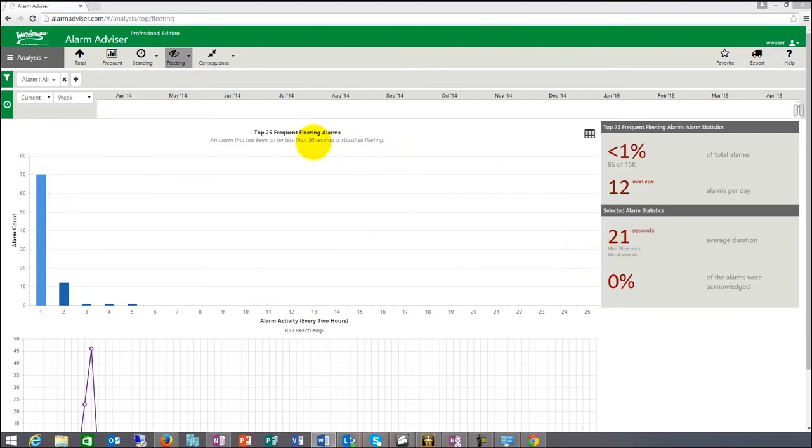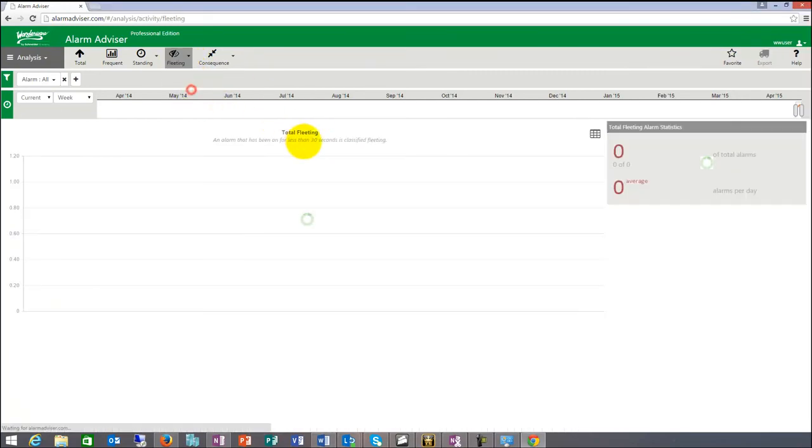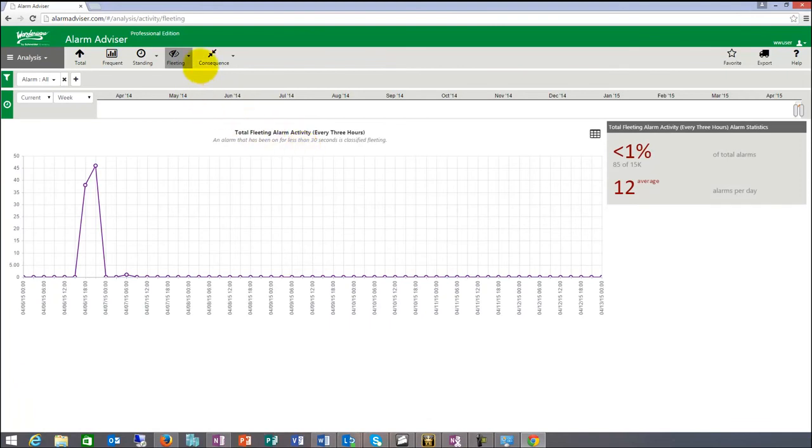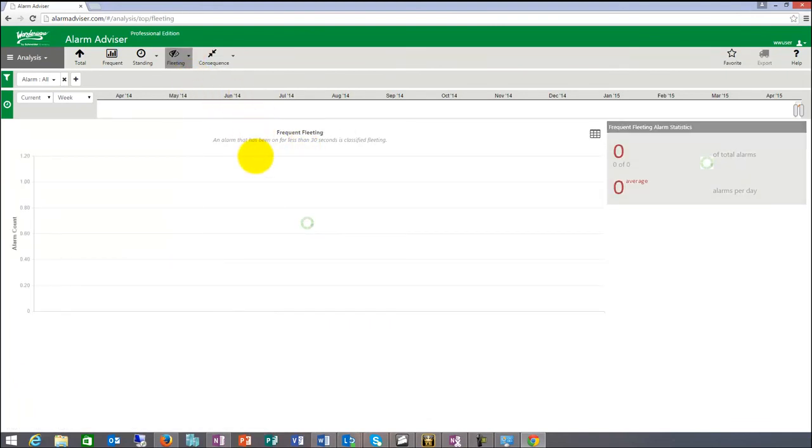I can put it to 15 seconds or 10 seconds, and then anything that comes and goes within 10 seconds is identified as a fleeting alarm. These reports you can then use to put those bounce and debounce timers in and get them eliminated that way. So there's a total one again, and then the most frequent